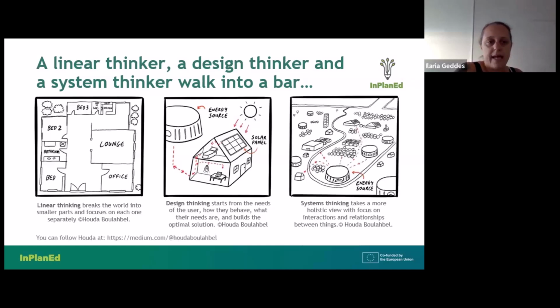Then it comes to the systems thinker. And he says, well, actually, okay, this is all very well, but in the future, this house will be in a city that is a smart city. In this city, most people will be spending most of their time outdoors, because we made really nice public spaces, because we've provided shade, and so on and so forth. So actually, they will only be using this home pretty much to sleep.